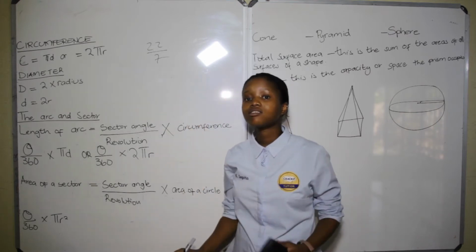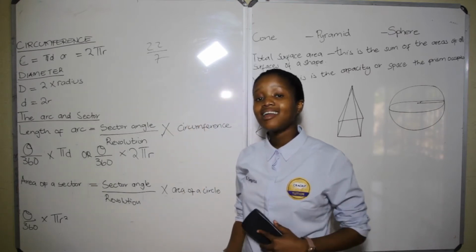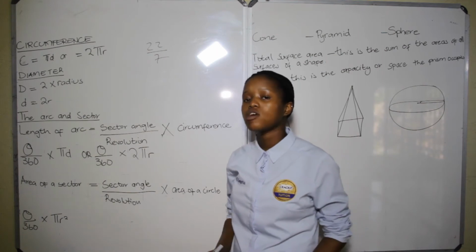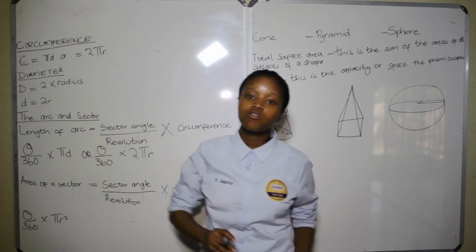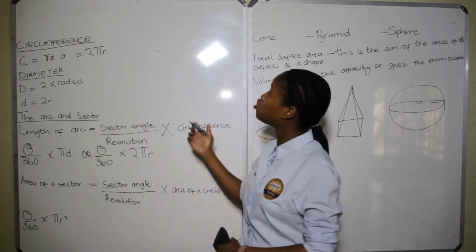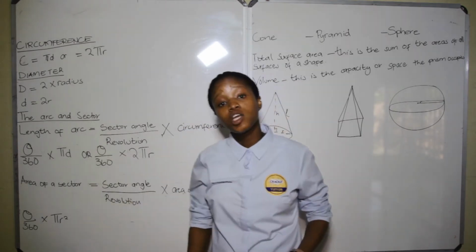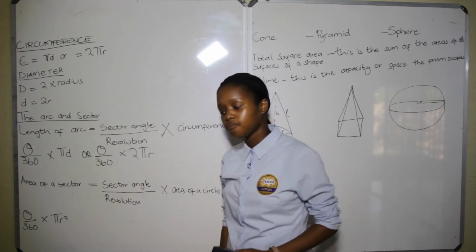Some of you express your pi as 22/7, which is still the same thing. But unless stated on your paper how you express your pi, it differentiates. You can just press the one on the calculator. You can use 22/7 because on your paper one, you don't use a calculator. So